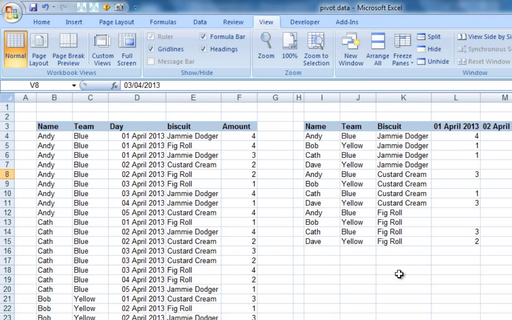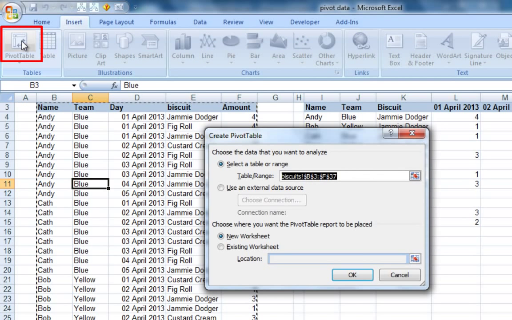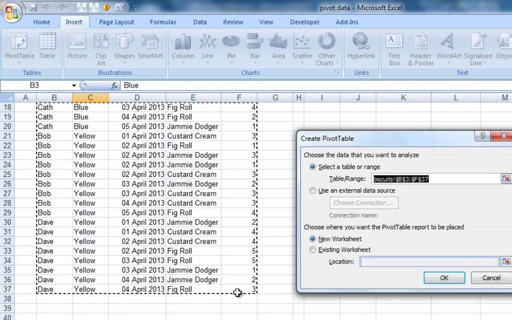So to create the pivot table, select one cell anywhere within the data set. Doesn't matter which cell you select, as long as you just select one cell and it is within this data area. And then go up to the Insert ribbon and then choose Pivot Table. A dialog pops up and says, first of all, is this the correct range? And you can see here it's put the dancing ants all the way around the edge of my data,